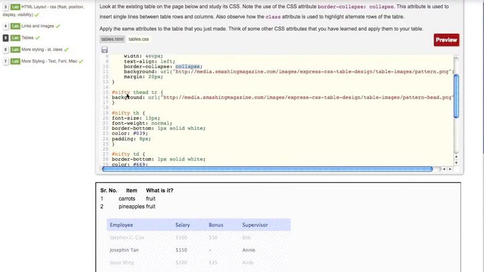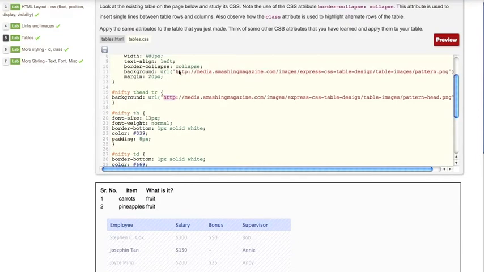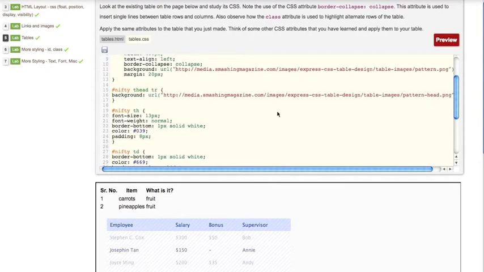What we've also done is that in the heading section, we have assigned a different image as the background. Do you see this? For the rest of the table, you have image 1, which is pattern.png, whereas for the heading section, we are assigning another image, which is pattern-head.png.